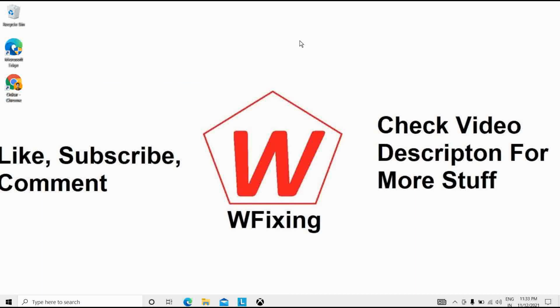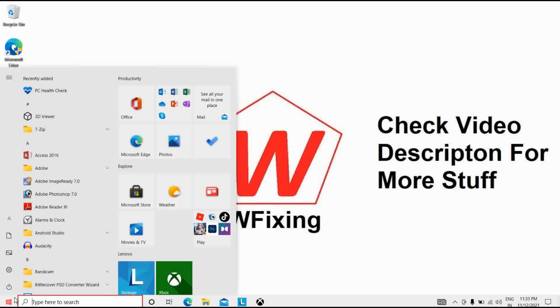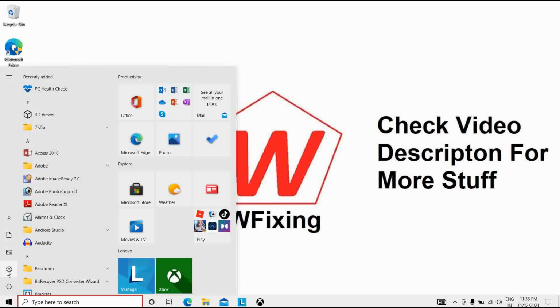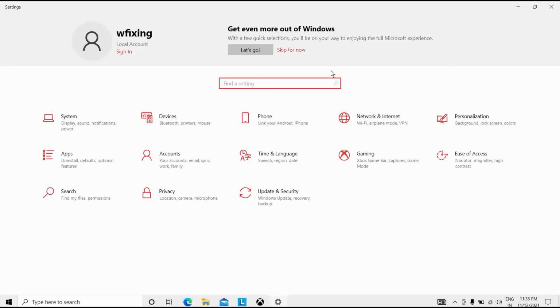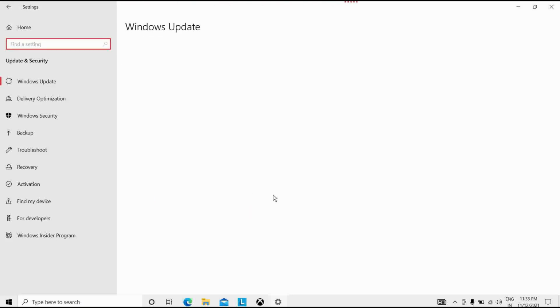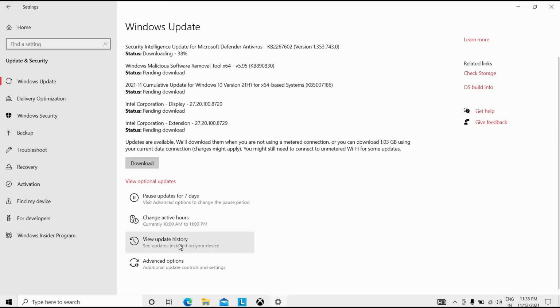The second solution is, if you have any recent Windows updates installed, try to uninstall them. How to do that: I will click on Windows, then go to settings, and you can see this interface. We have to click on updates and security. After that we click on Windows update, and you can see view update history.